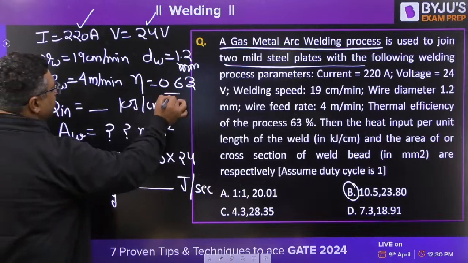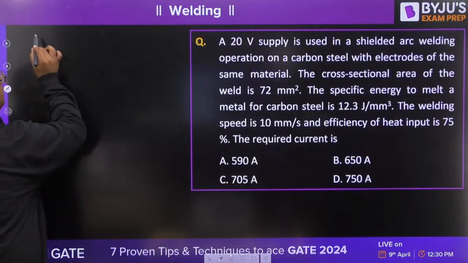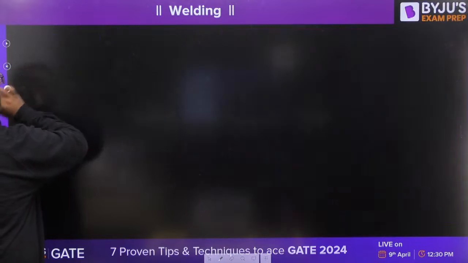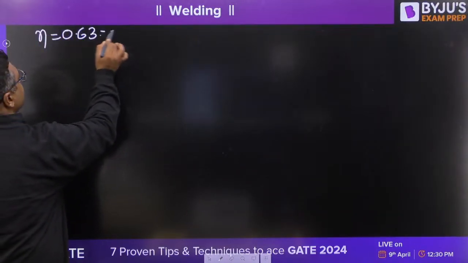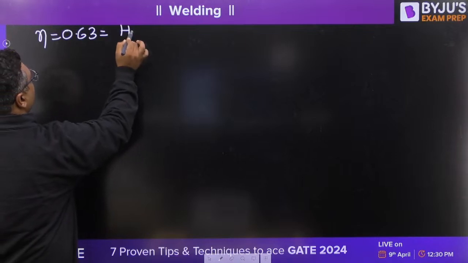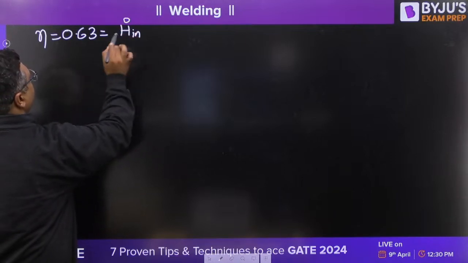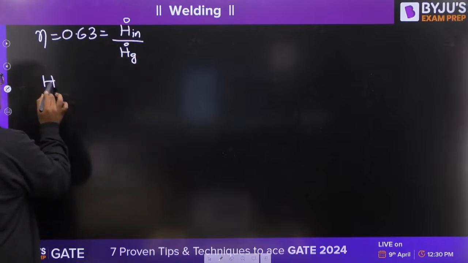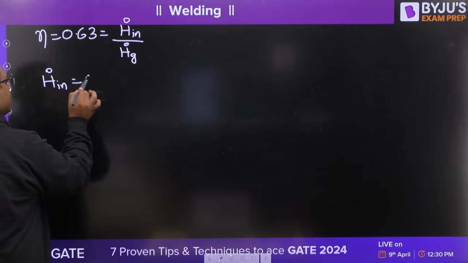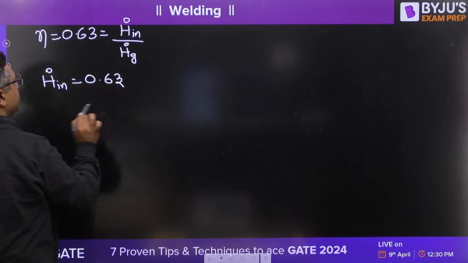Now some efficiency is given. You can write 0.63 as the efficiency, heat input rate by heat generation rate. So you will get the heat input rate as 0.63 times